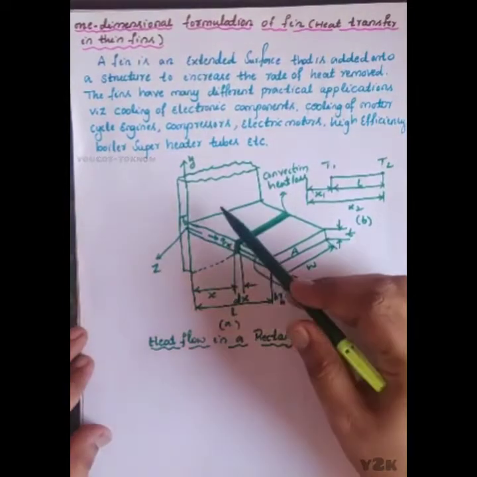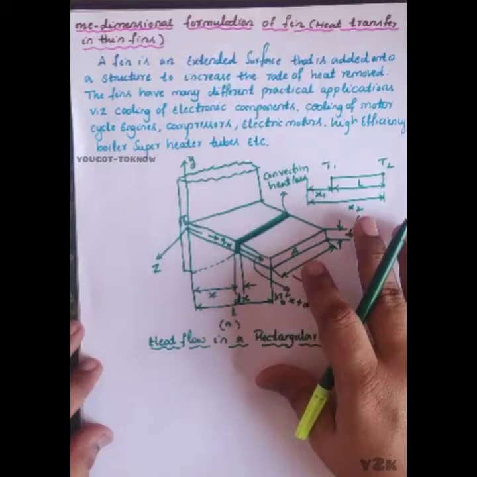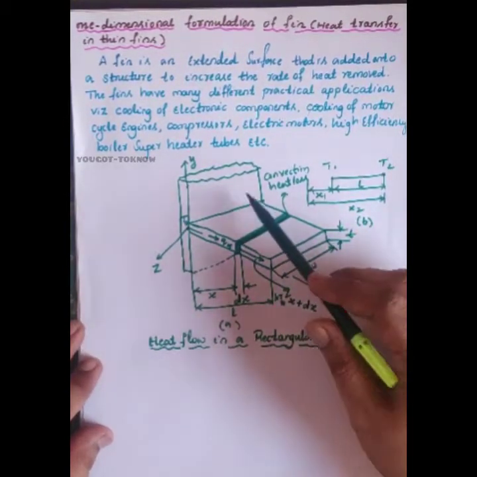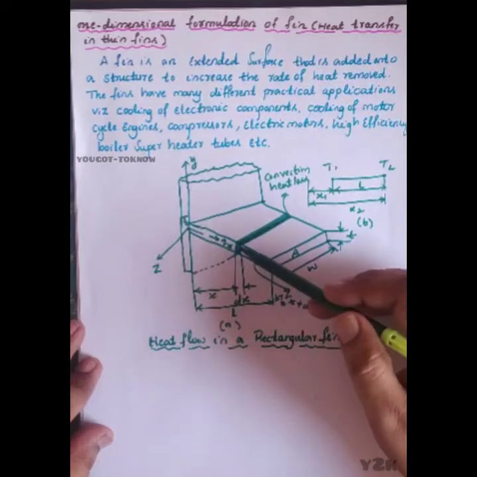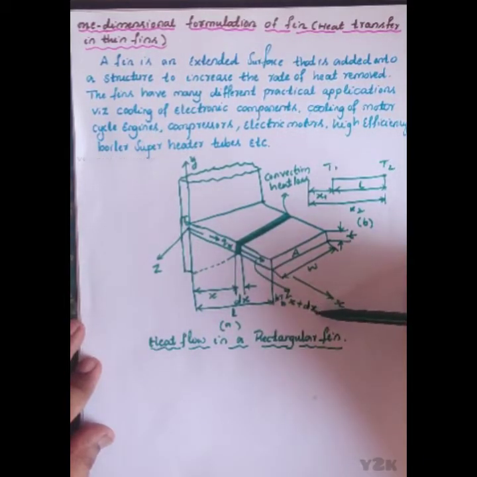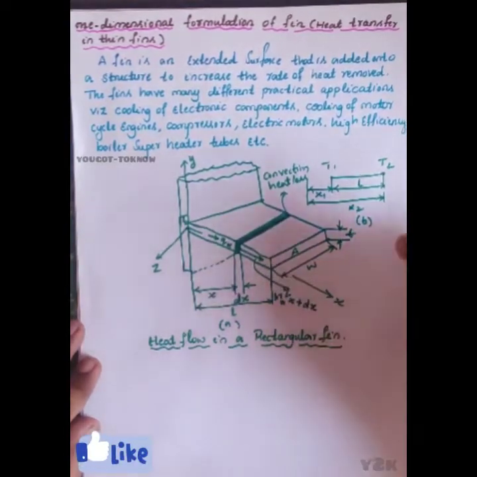Now this is a simple rectangular fin I have drawn. Today we are going to analyze this rectangular fin. If you are given a fin problem, what are the things we should consider? Qx is the heat into the system and Qx plus dx is the heat away from the system. It is like a simple one-dimensional fin, only in the x direction.